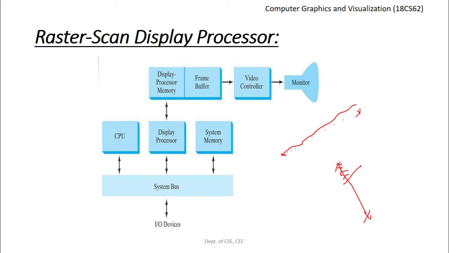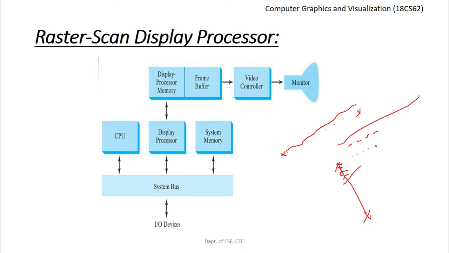There are some additional operations that are to be done by the display processor along with the scan conversion. Display processors are also designed to perform a number of additional operations, which include generating various line styles. I just mentioned an example here. We can draw a solid straight line, or we can draw a straight line using dashed patterns, or using only dots. Specifying how to draw a straight line is also a function of a display processor, right?